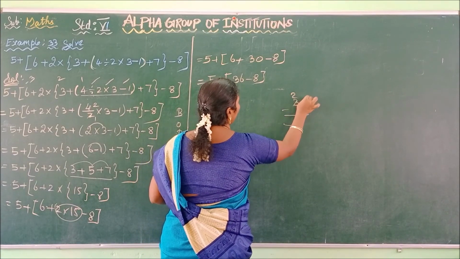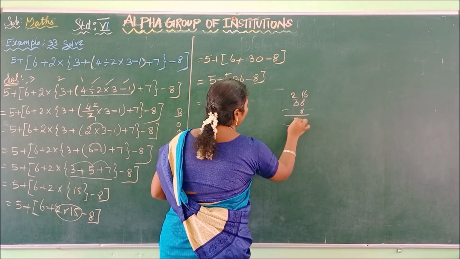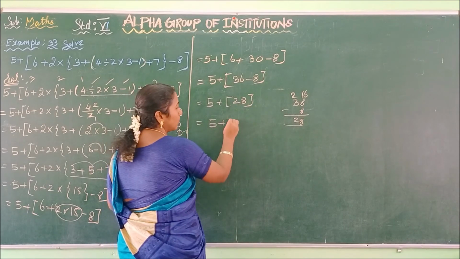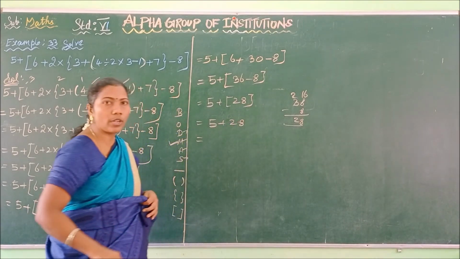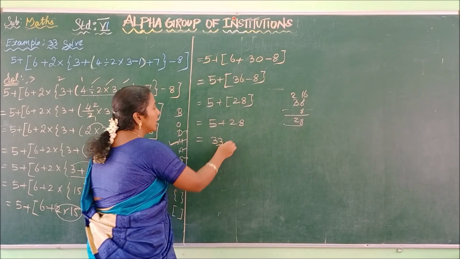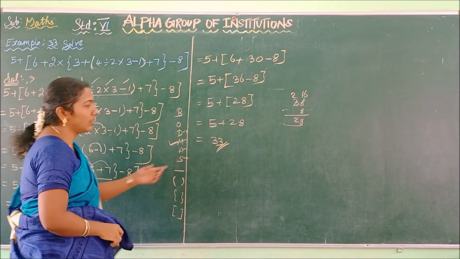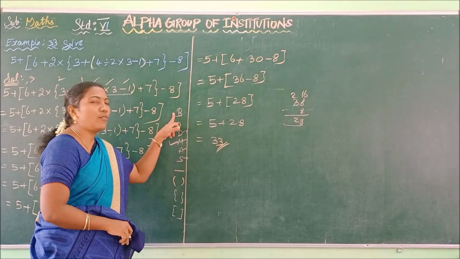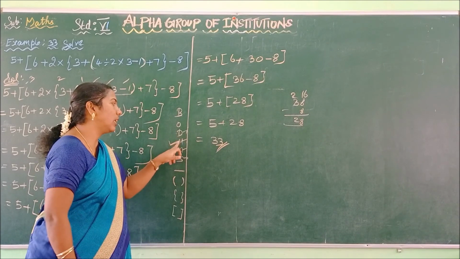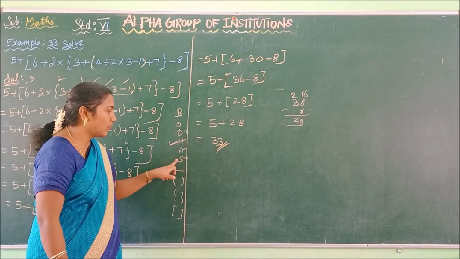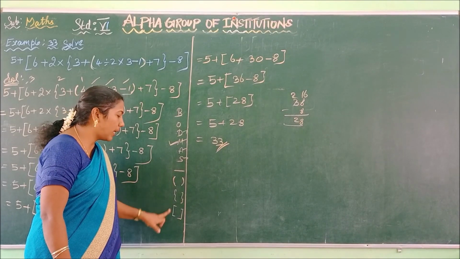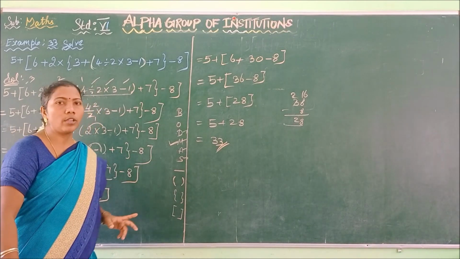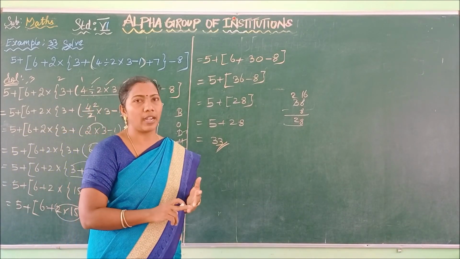You have to do it in rough form. Okay, 16 minus 8, 8, write 2. So what is your answer? 28. In the next step, you have to remove this bracket. So 28 plus 5. What is your answer? 33. See the question children, it looks so big. See the answer, very simple, 33. So once again, I am recalling the BODMAS rule. B for brackets, O for of, D for division, M for multiplication, A for addition, S for subtraction. And the order of evaluating brackets is first vinculum, next simple, and then curly, and then square. Okay, write the classwork neatly, do the homework sum correctly. Okay, thank you.